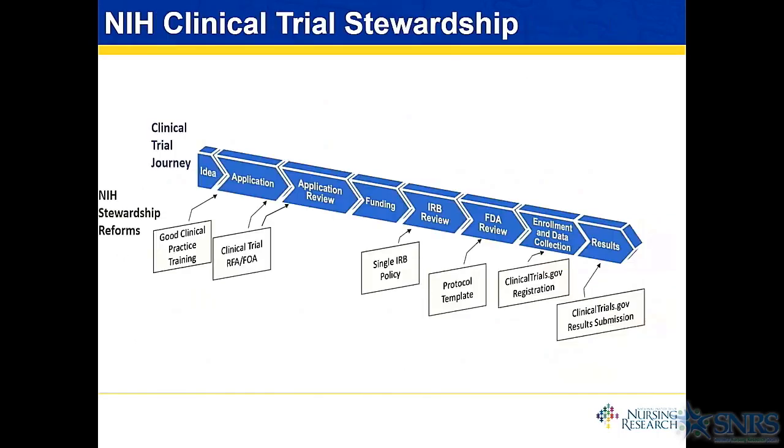Now, you may have heard or may be aware that NIH has instituted some new policies for clinical trial stewardship. Several of them are already in place. One that was instituted as of January 1st of this year was the requirement that PIs and staff involved in clinical trials, whether planning, oversight, management, must receive good clinical practice training. Another one that's in place now is that for competitive applications submitted as of January of this year, must agree to register their clinical trial in clinicaltrials.gov, and now that includes both